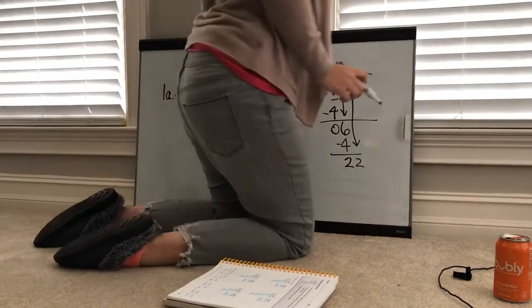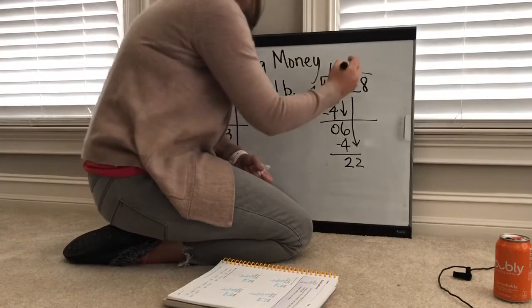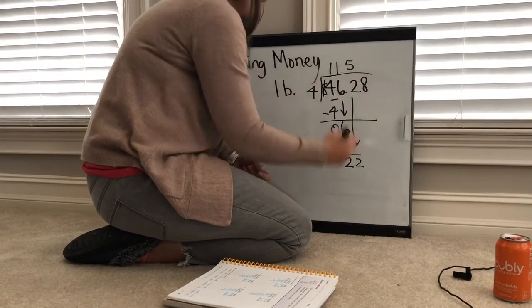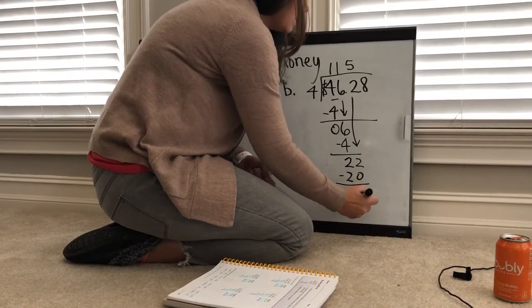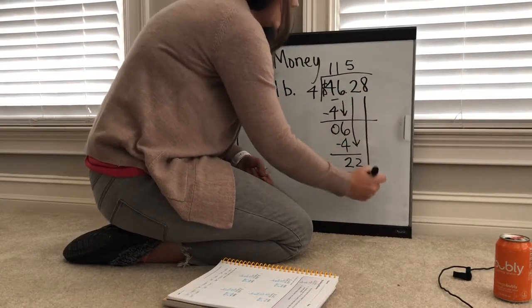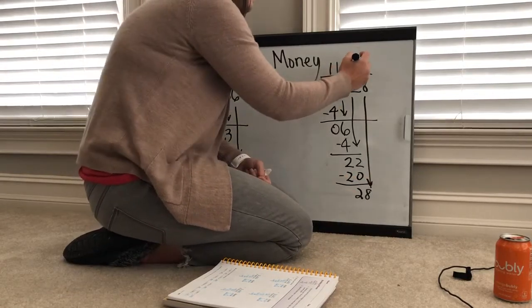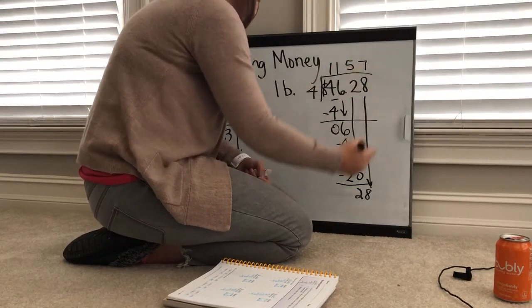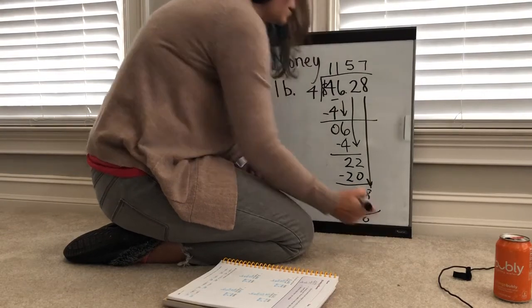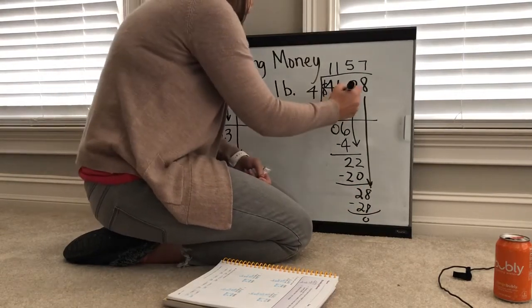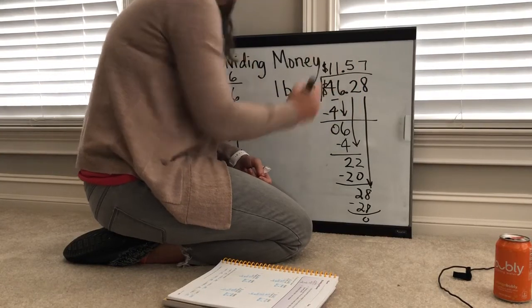Now, 4 goes into 24. It's going to have to be 5 times because 4 times 6 is 24, which is too big. So I'm going to stick with 5. 4 times 5 is 20, which gives me 2 left over, smaller than 4, so I can bring down my last number. 4 goes into 28 7 times. 4 times 7 is 28. I have no remainder. My last step is to bring up my decimal point and my dollar sign,